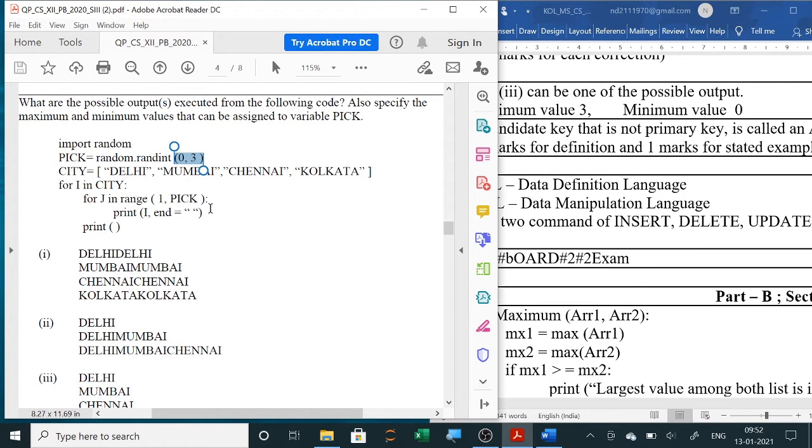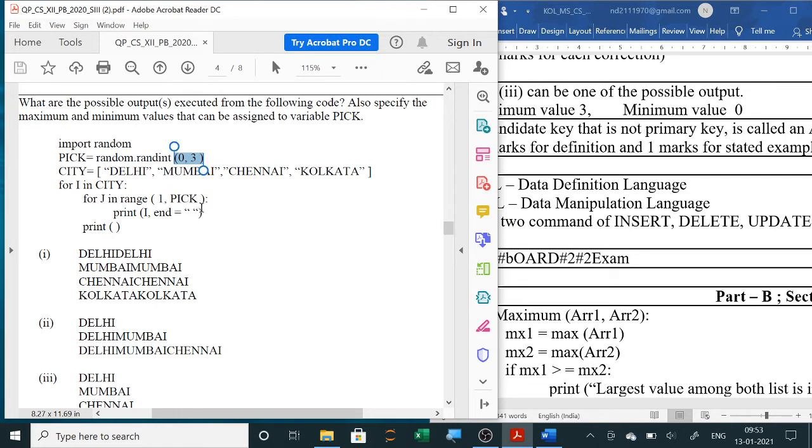Now how many times? Minimum it starts from 0. 1 to 0 will not run, 1 to 1 will not run, 1 to 2 and 1 to 3 will run. Clear? So 1 to 2 means once it will print and 1 to 3 means twice it will print.